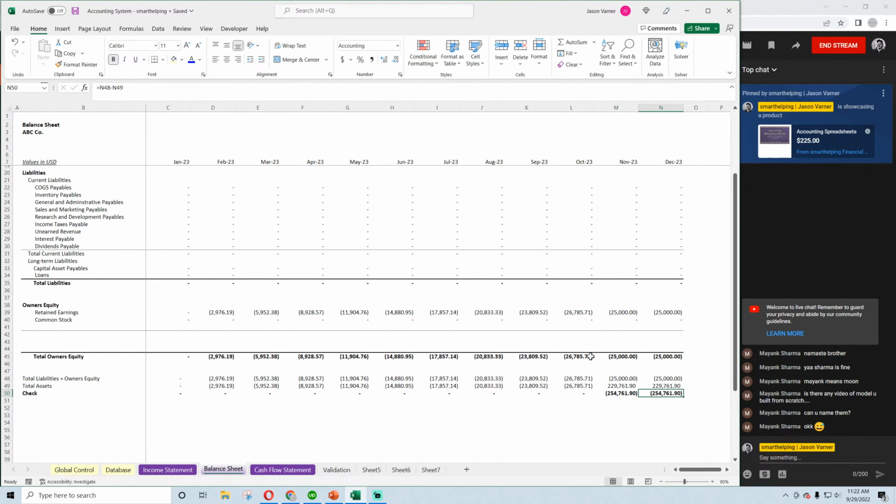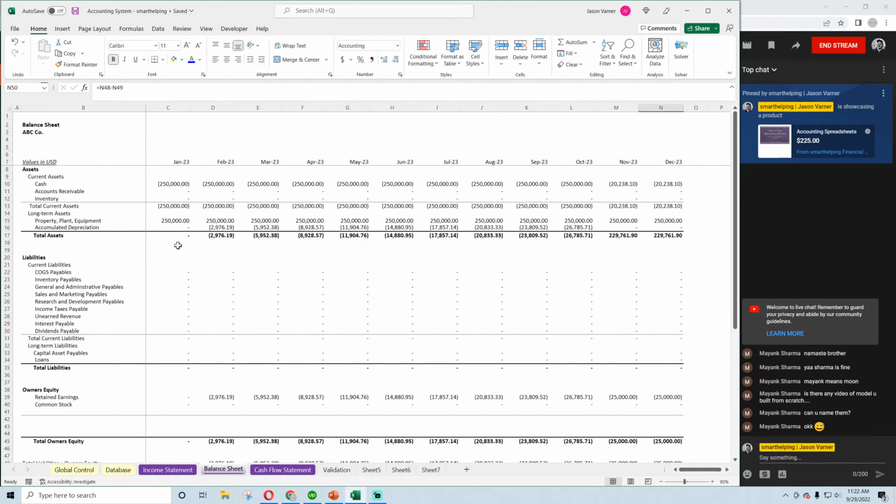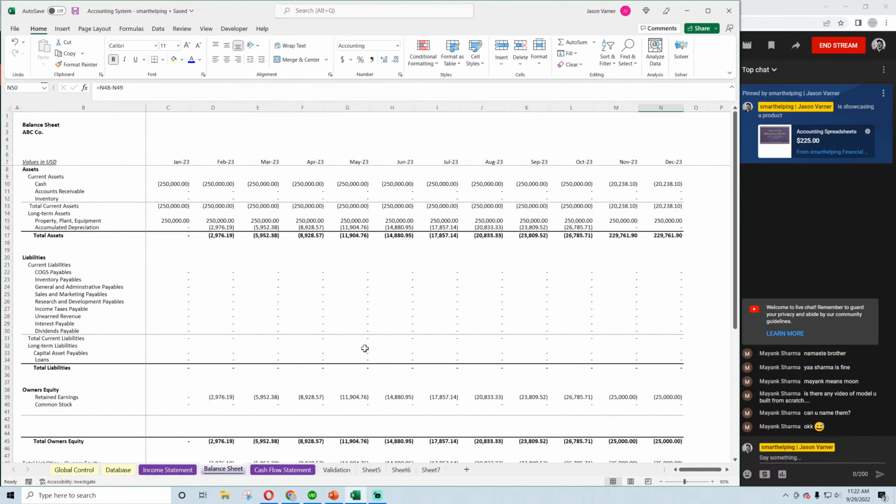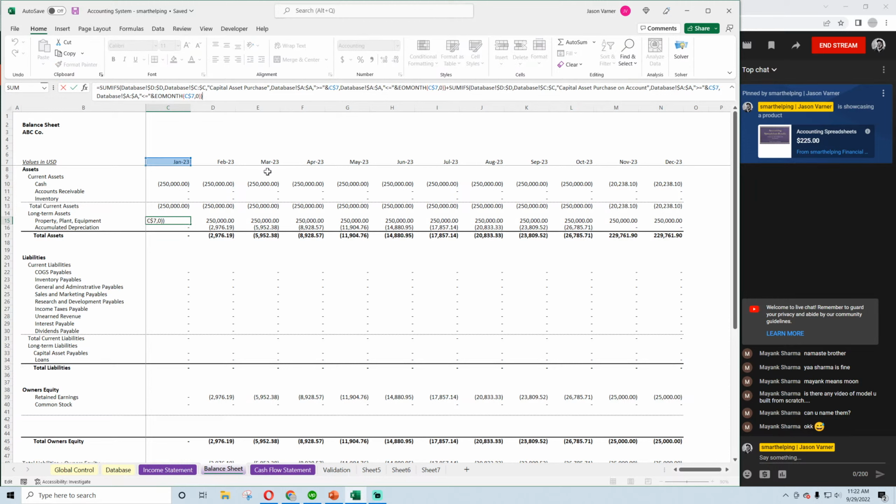Okay, so we're out here. Let's see, what are we missing? So we have to reduce the fixed asset as well. So we have to remove this 250,000 from here. So property, plant, and equipment is going to be this, and then we're going to have to also put in minus